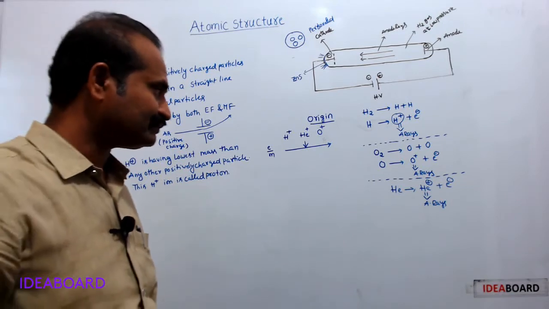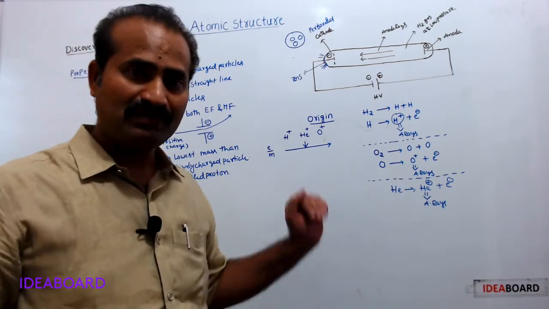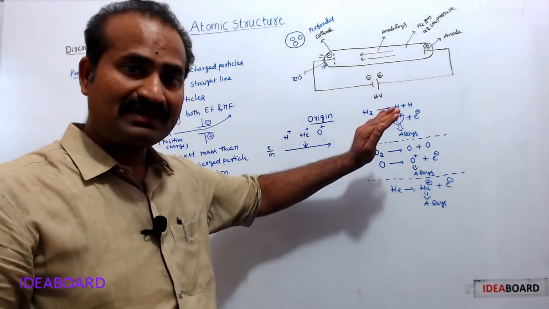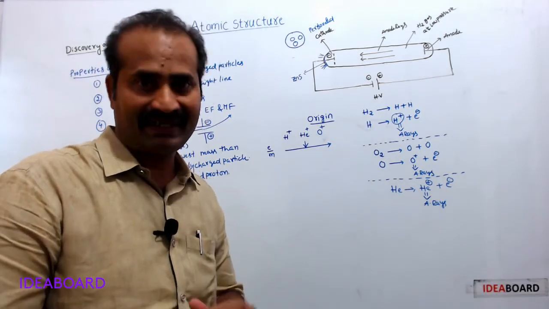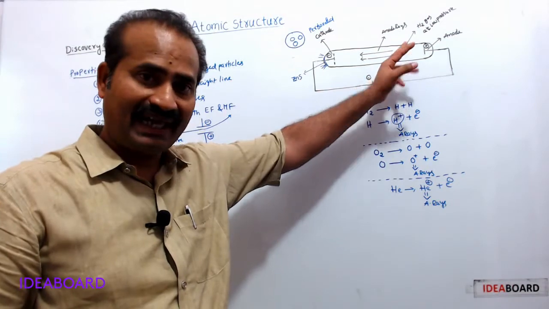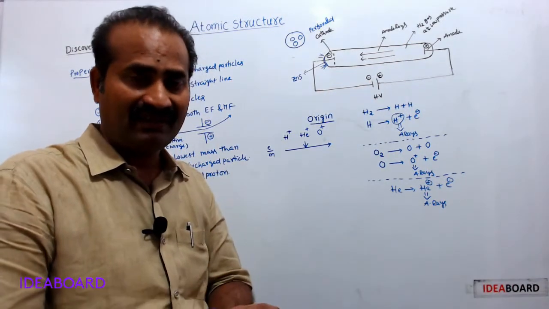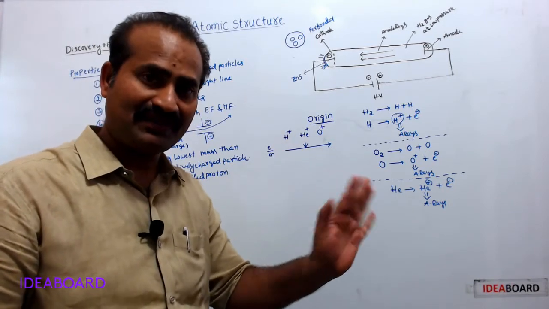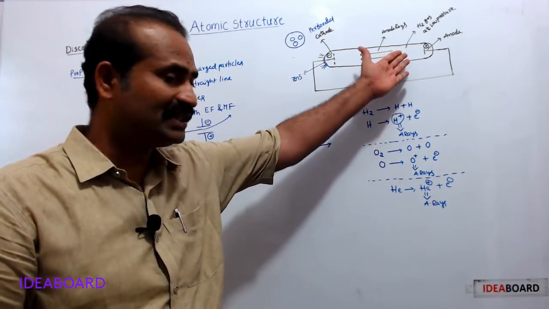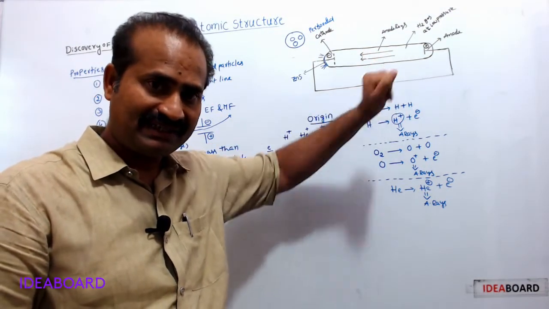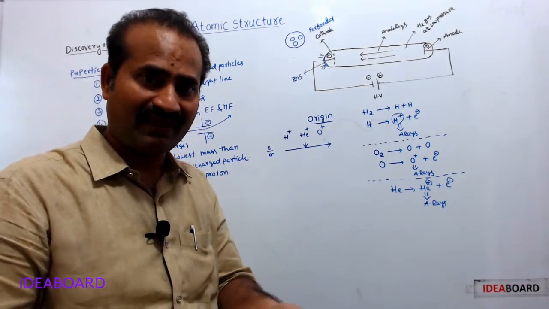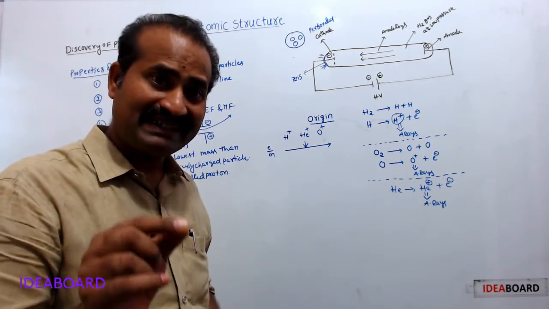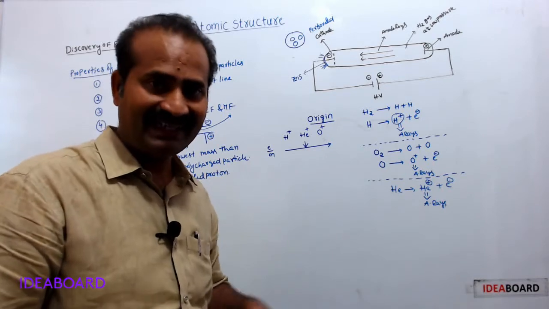Okay, now come to charge to mass ratio. Charge to mass ratio of anode rays is not same in all cases. If we change the gas, then charge to mass ratio of anode rays also will change. See here, in all these three cases, charge to mass ratio is different. So when we change the gas in discharge tube, automatically charge to mass ratio of anode rays also will change. Means here charge to mass ratio of anode rays depends on the nature of gas used in the discharge tube.